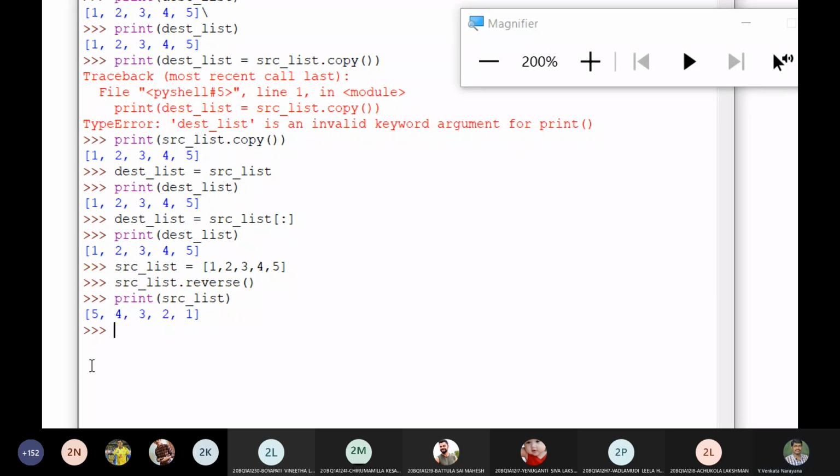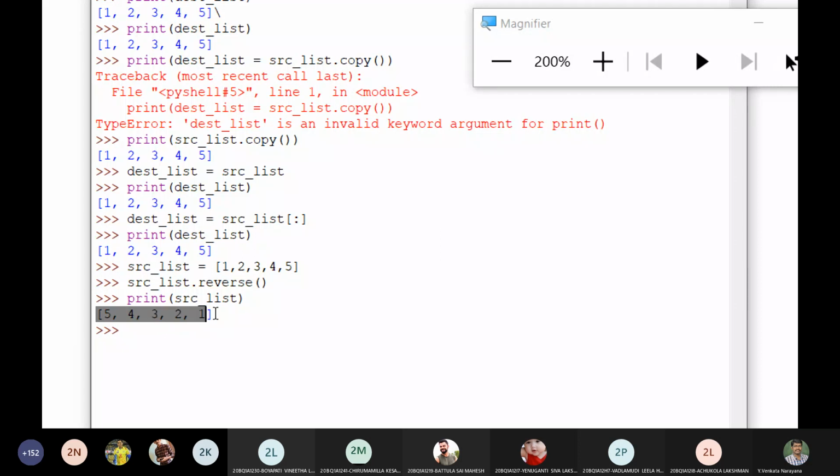See here, it is similar to the reverse function in strings. Have you observed it? Yes, sir. It is reversing and storing in the same list, similar to string reverse. Is that clear? Yes, sir.